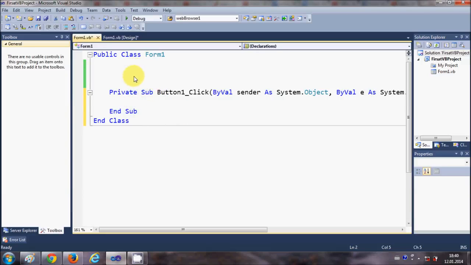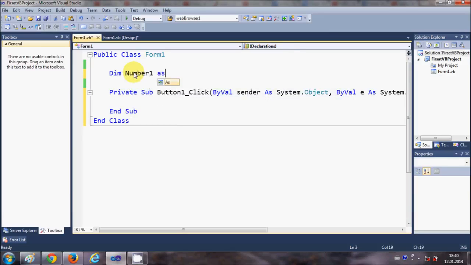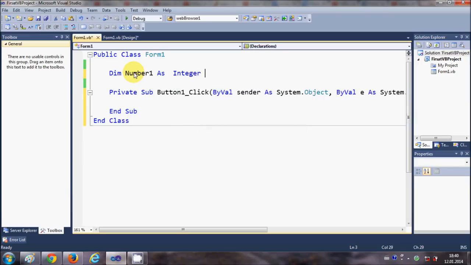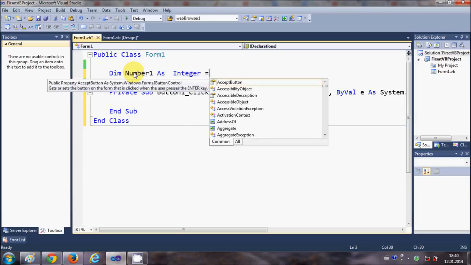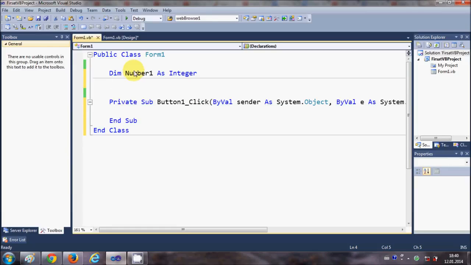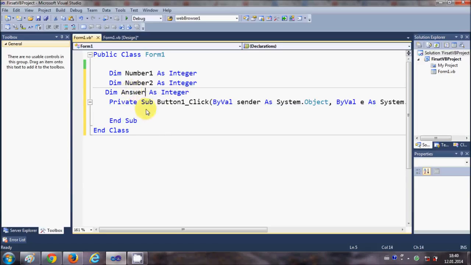First of all, I will declare some global variables. So I will write Dim number 1 as integer. I will not give any value to the integer. In the same way, I will declare the number 2 variable, and in the same way, copy and paste, I will declare an integer variable for answer. Okay, once this is done, then in the button click event,